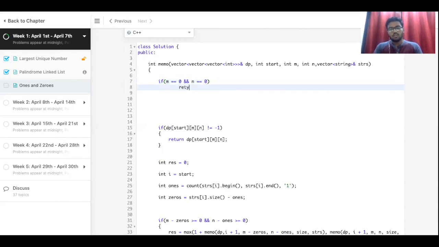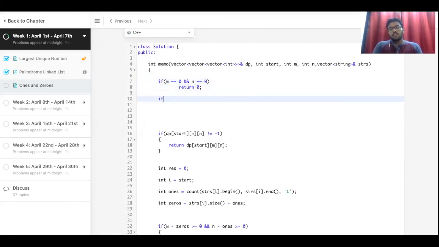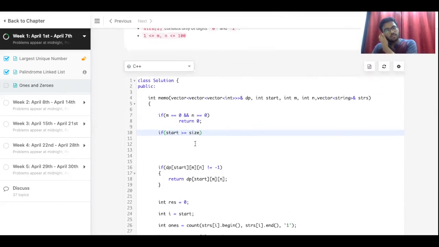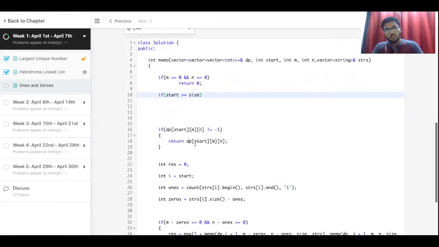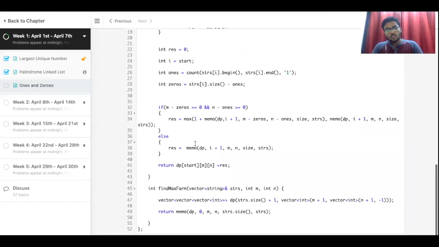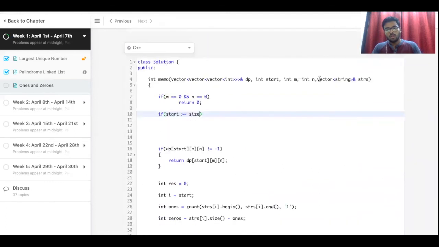All right, and we also check that if start is greater than or equal to size. Okay, we have passed this size also here, so we need to put that in.